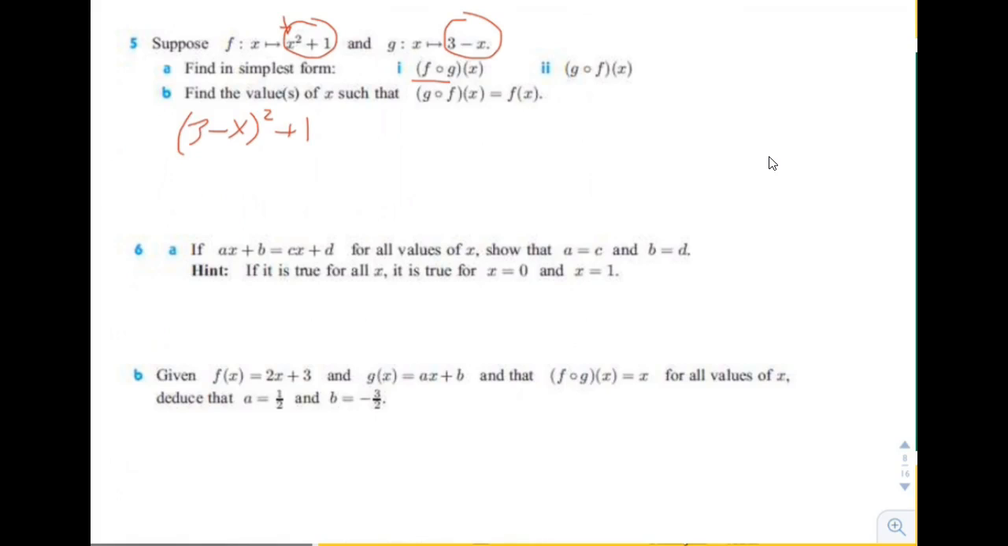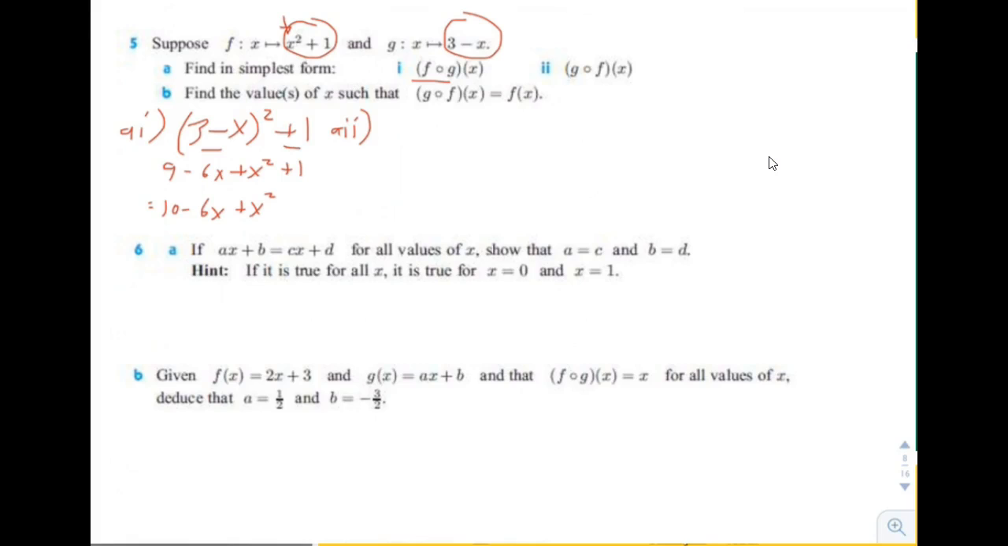And they said to find it in simplest form, so we need to combine this with this. So we need to do FOIL. 9 minus 6x plus x squared plus 1, which is equal to 10 minus 6x plus x squared. Okay, so that was A1. And then what about